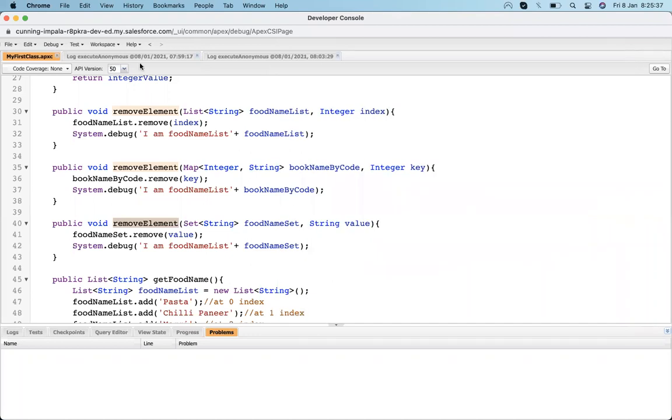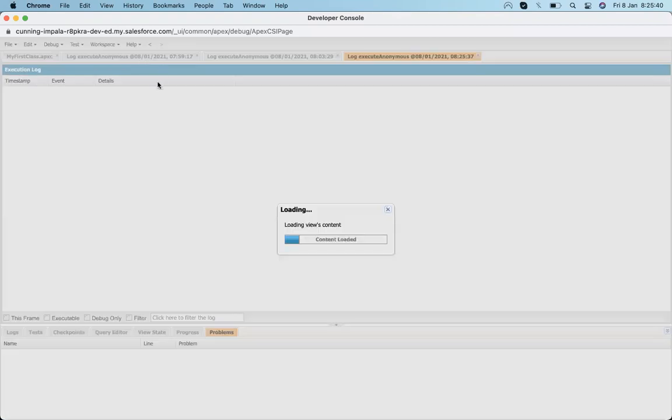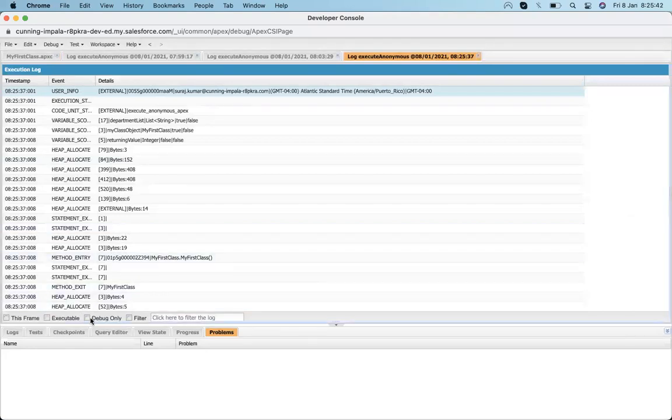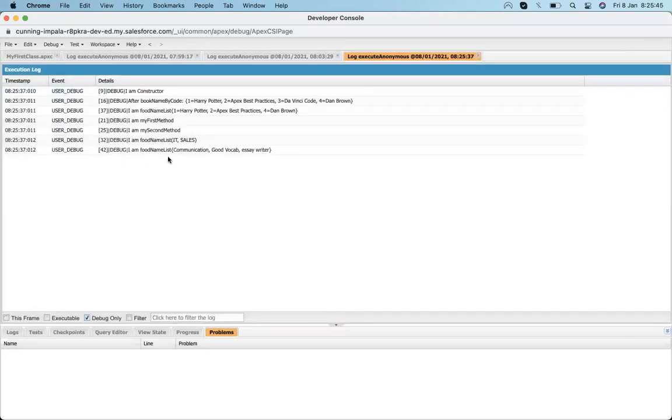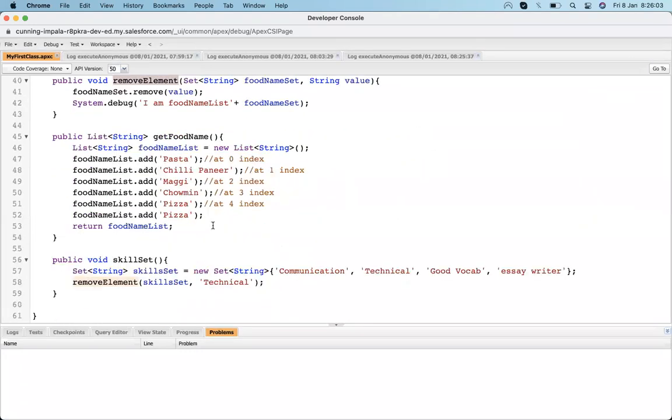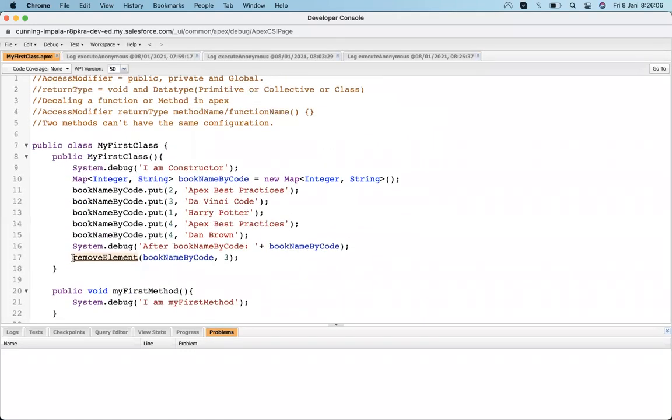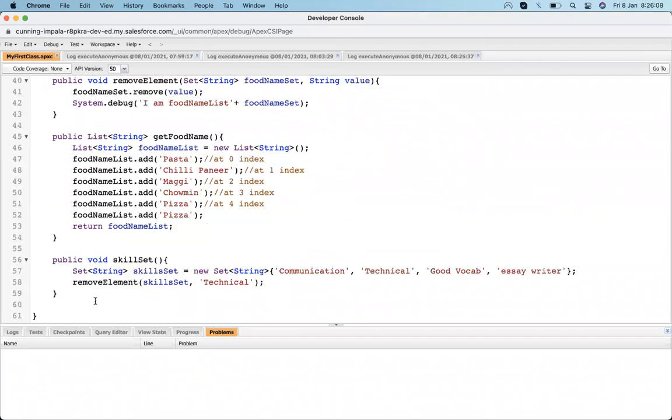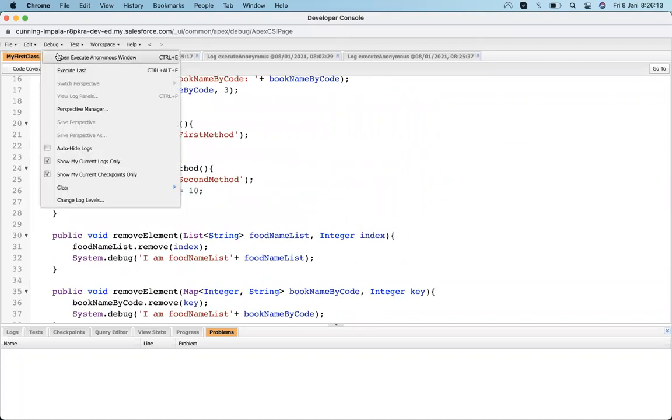I hit execute and it's generated. First, it removed an element from the third element, the DaVinci Code gets removed. Second, I removed HR from the list, and third, I removed technical from that set. So the same method is working in several places, and as you can see, the method can be called from a constructor, and also from inside a function,